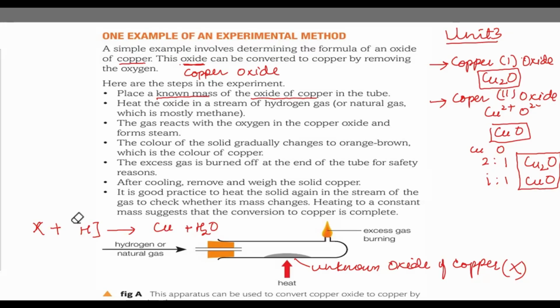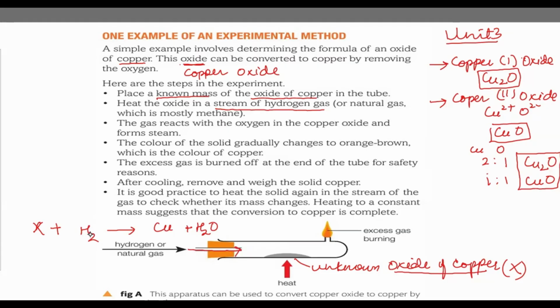Okay, so basically what is happening here is that whatever the copper oxide is, after the constant heating it is going to reduce in mass. So they will stop the experiment, they will weigh the leftover copper oxide in the test tube, and they will repeat the experiment till they have a constant mass there. Okay, so that is what they're doing. Now let's see what steps they are following. They're taking the known mass of the copper oxide, whether it's copper 1 oxide or 2 oxide, in the test tube, and they're going to pass a stream of hydrogen gas through this particular channel over the heated copper.